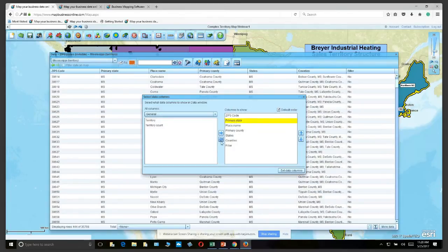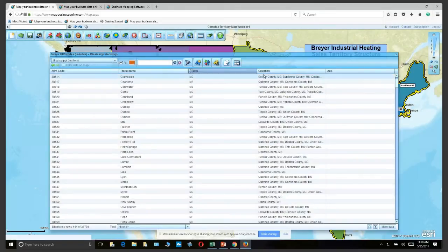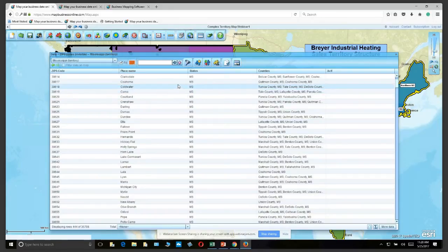So you can move stuff out using your little database management tool and then move information back in as it's important to you and your particular needs. So you've got that ability. That little arrow is just a helpful tool to move back and forth within the regions, the divisions, and the zip codes, excuse me, and the territories. This is the